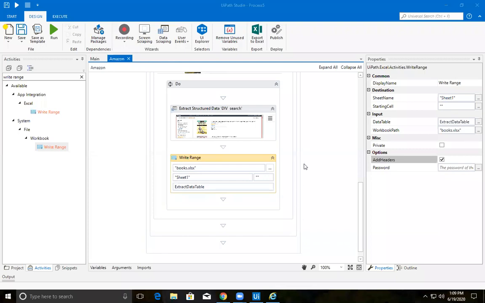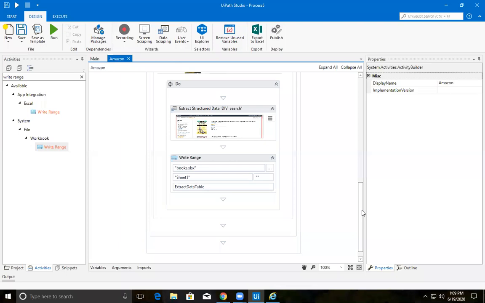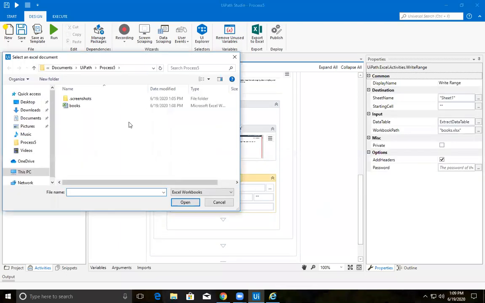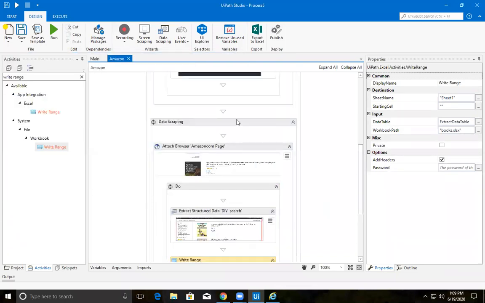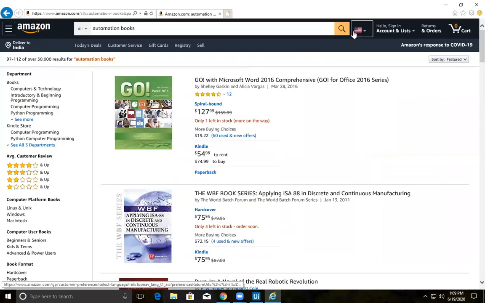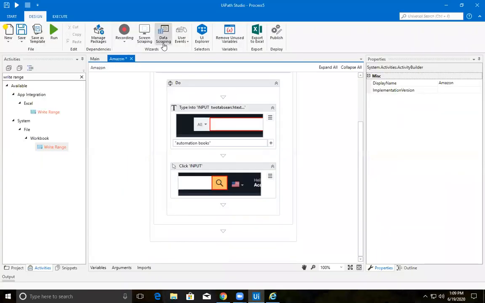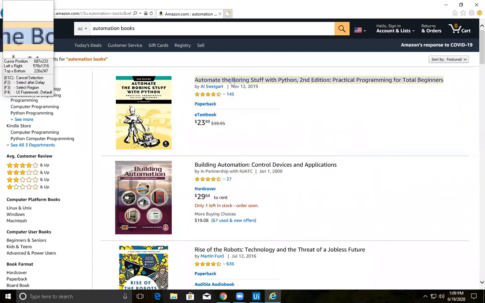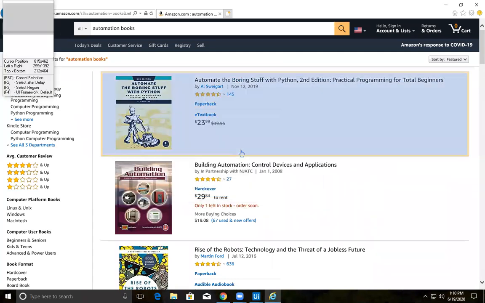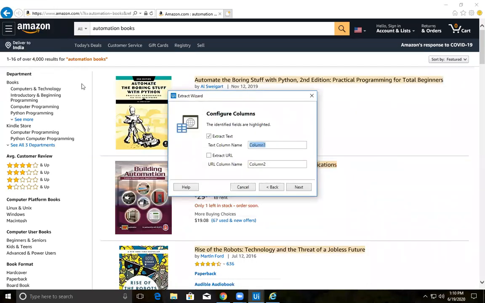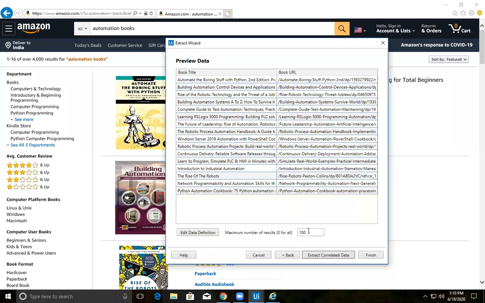Publishing date, okay. For that I need to scrape it again. Let's do that, so let me delete this again. Let's go for search and click on data scraping. Click on next. It's the first book. Yes, I enter the pattern. After that I'm giving book title, and I'll extract the URL. Click on next. We got both. Keep it at 100.